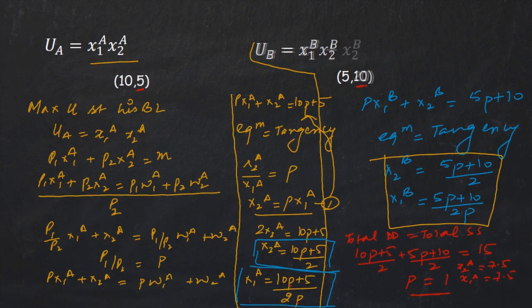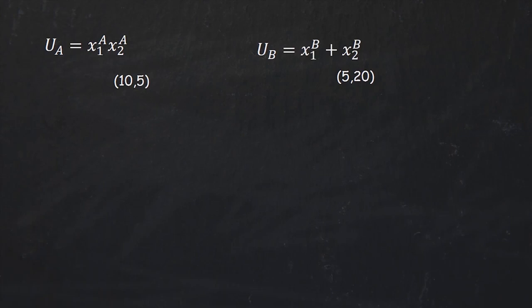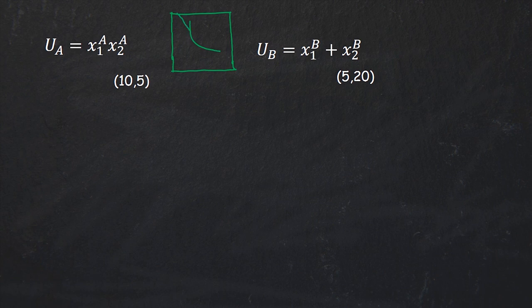So the next question is where there is a perfect substitute and a convex. Now for this particular question, I want to draw a diagram and explain something to you. Okay, let me draw a diagram. So let's suppose this is my Edgeworth box. Now my IC of A is convex, and let's suppose this is my budget line.